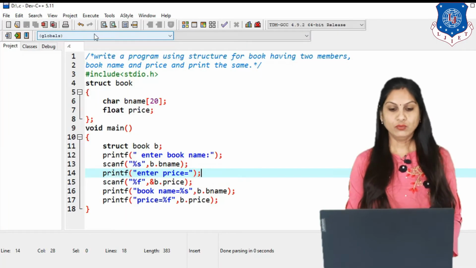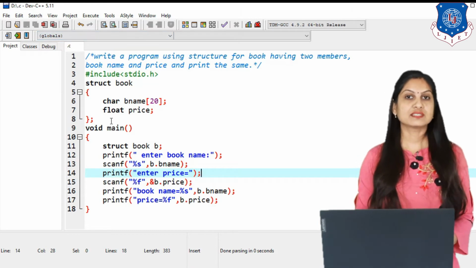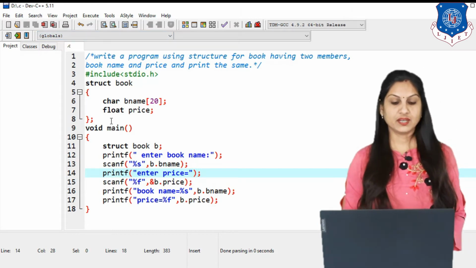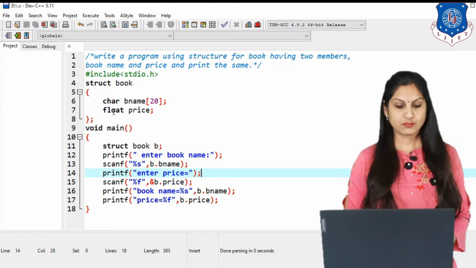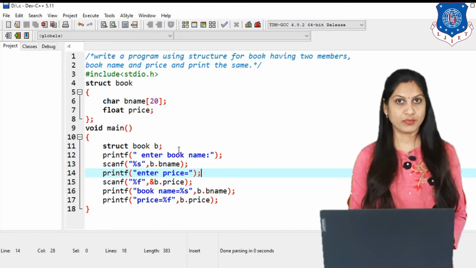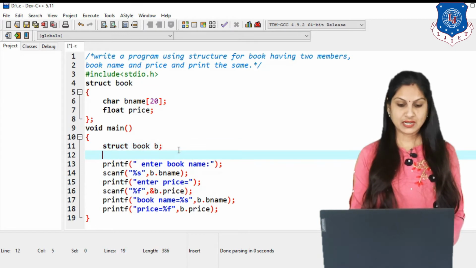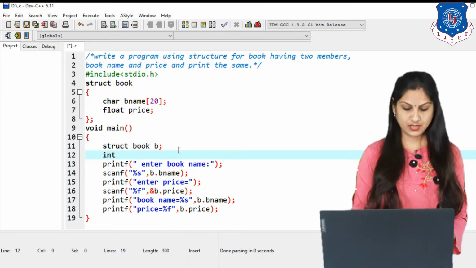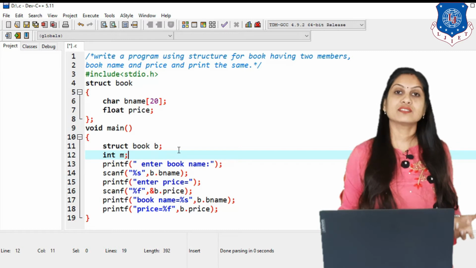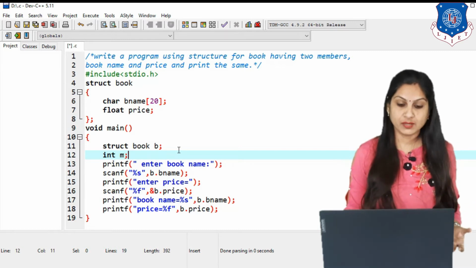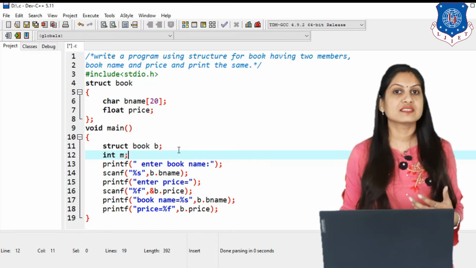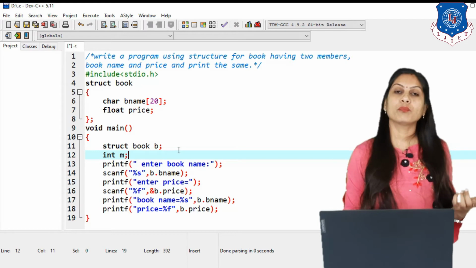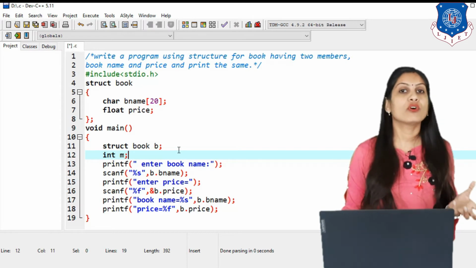Clear? Now if you want to see the size of the structure variable, here the variable is b, you can write this program using the sizeof operator. Here I am declaring one integer variable, that is m, that stores the size of variable b of kind structure. In the difference between structure and union, we can say that a structure occupies memory that is the total of all the members.